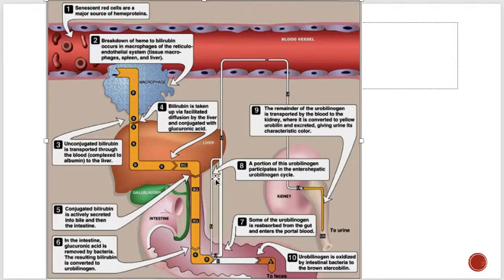So some of the reabsorbed will be recycled. Okay, and the other part will enter the blood and reach the kidney, and the kidney is going to release it in the form of urobilinogen. So these are all the things, the cycle of